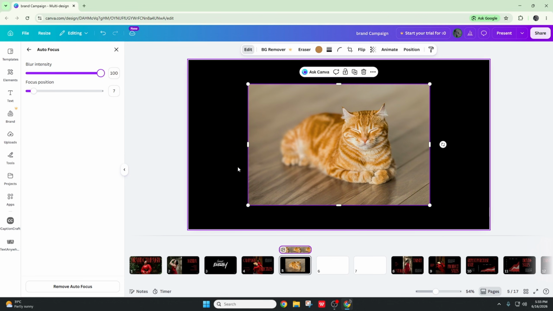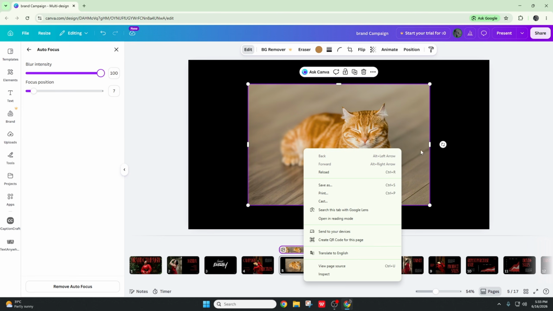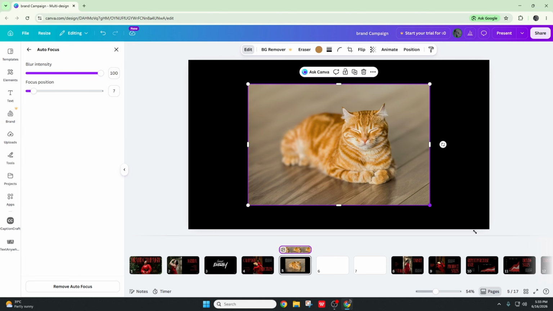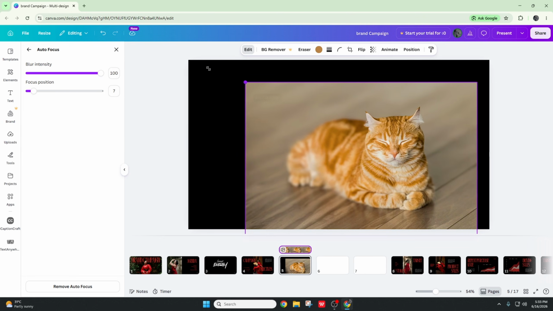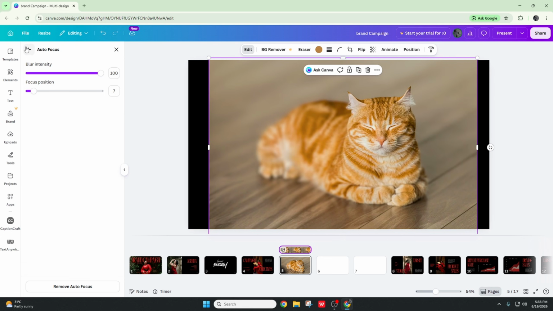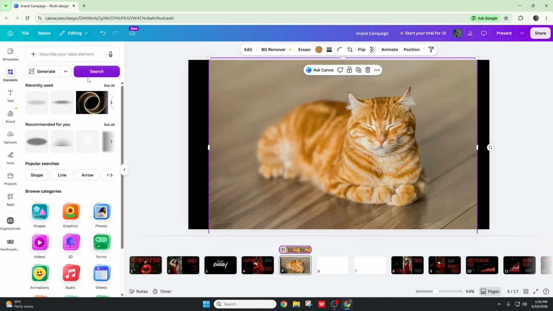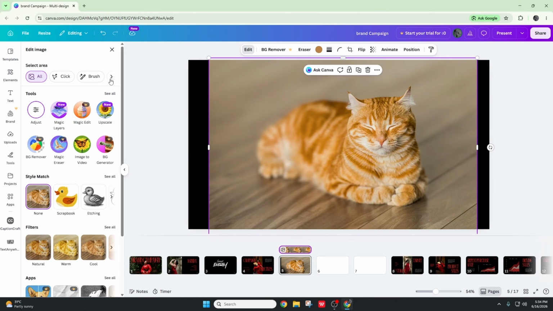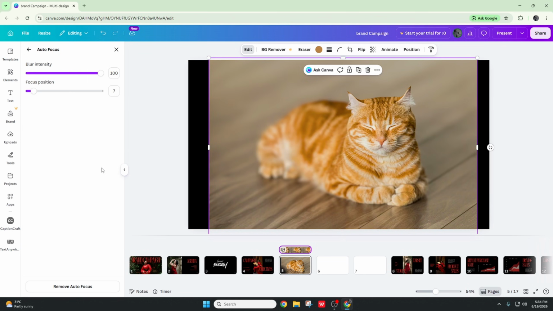Okay, so what it does is it makes the image portrait, like it focuses on one. Here, as you can see, if we zoom in on this image, then the normal image, let's say we go to edit, we go to all, remove autofocus, right? Then you can see that,